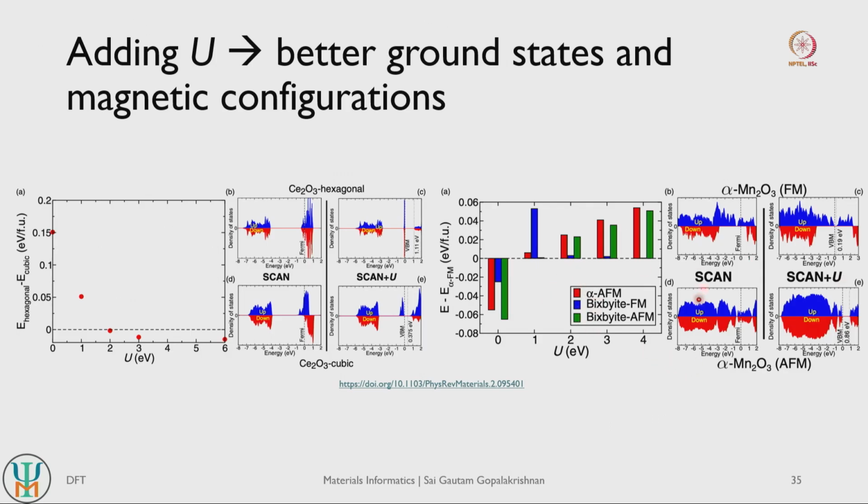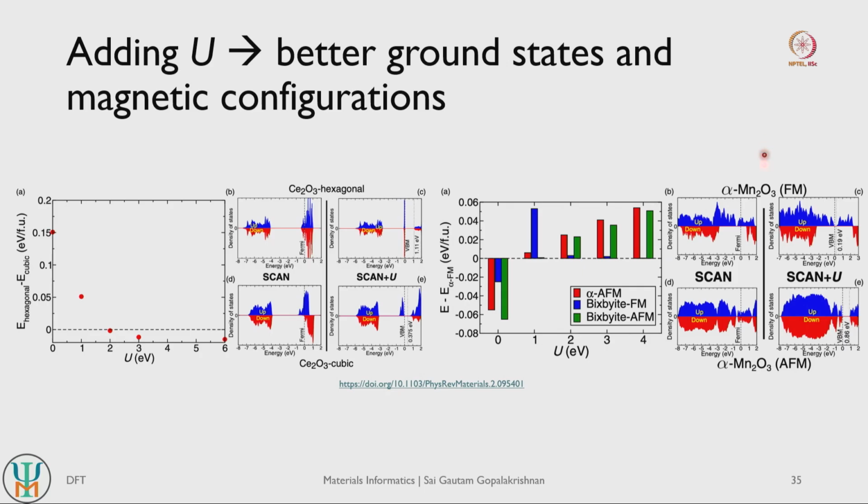And this we also see in the case of manganese oxide. So you recover back the right ground state of both ferromagnetic and antiferromagnetic states in Mn2O3. If you add the plus U correction, you once again see that without plus U, if you just use a plain SCAN calculation, both the ferromagnetic and antiferromagnetic configurations are treated to be metallic, but if you add the right amount of plus U correction, you recover back the semiconducting nature of both the ferromagnetic and antiferromagnetic configurations of Mn2O3. Right. So this is an example of a d orbital system.